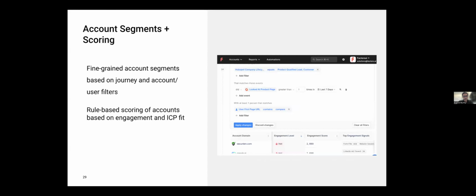So once that is done, let's say you want to target a segment of accounts who are in a given revenue range, let's say 100 million to $500 million, right? And who have interacted with, who have read a blog on vector database, right?